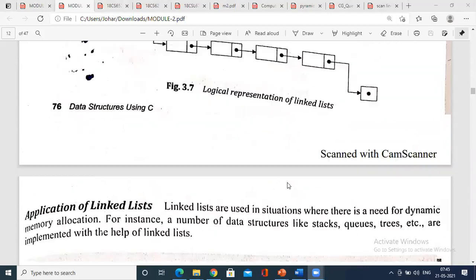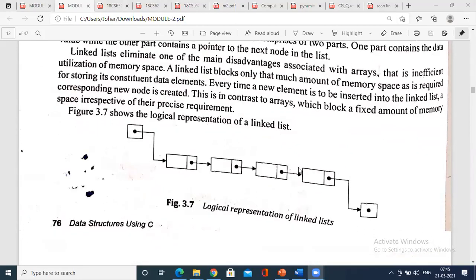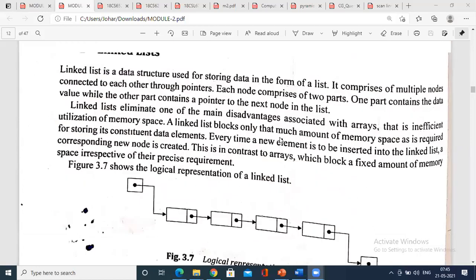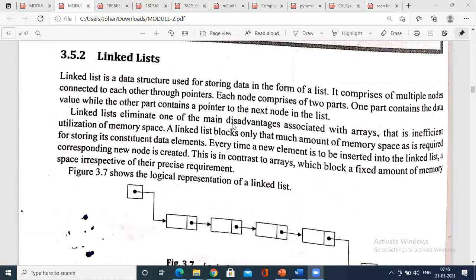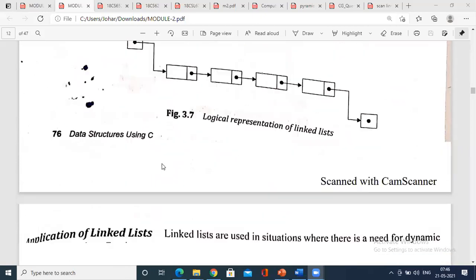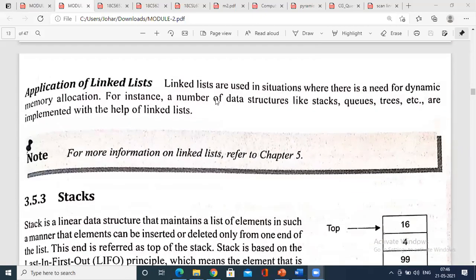So we'll discuss this. Your answer is that a linked list is a non-primitive linear data structure. The main intention of using a linked list is effective utilization of memory, which is not possible in an array. If you write that much, that could be a good answer. In order to overcome the inefficient utilization of memory that happens in arrays, we use a linked list.